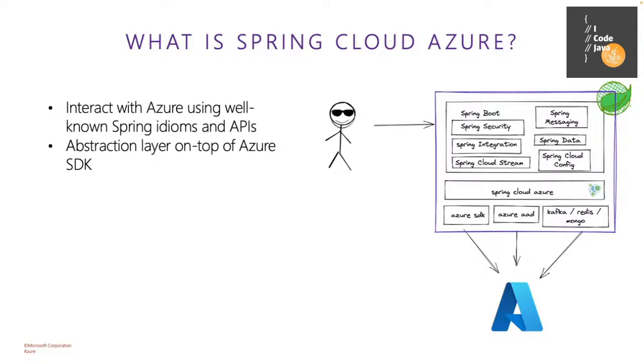Spring is the majority of enterprise or system-based development in Java. It's been around forever, and I still haven't seen a single organogram that explains Spring because it's huge. We partnered with Pivotal and VMware, and we created something called Spring Cloud Azure. Not to be confused with Spring Azure Cloud, which we've rebranded. We now call it Spring Cloud Apps, which was very confusing.